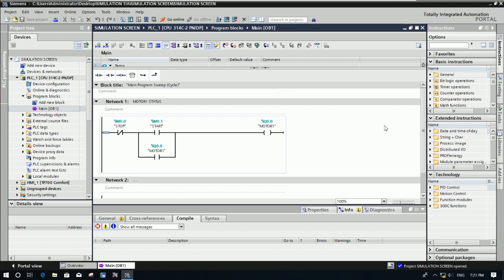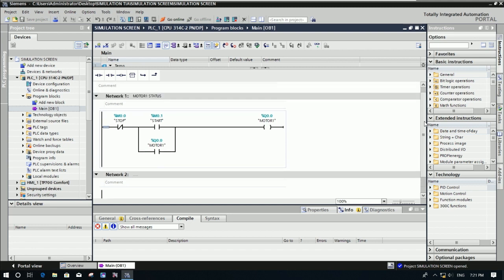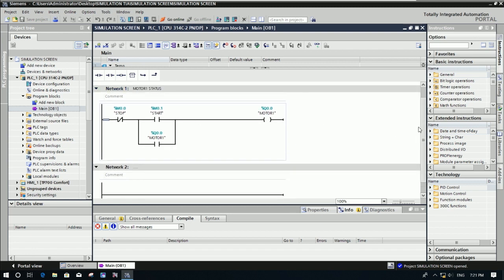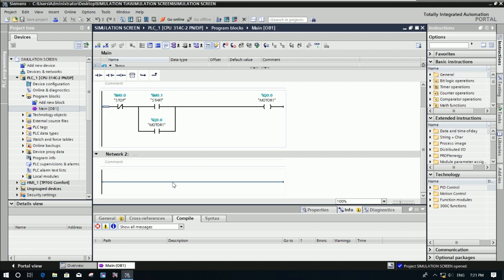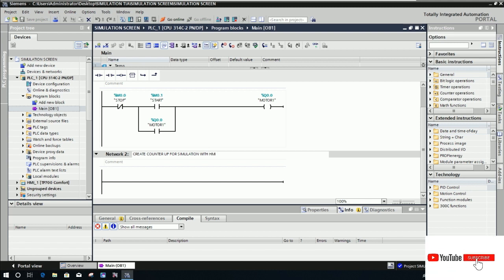It's a little bit slow because my computer RAM is only 8 GB. So here is the previous video. Today we will create a counter. Network to create counter up for simulation with HMI. Okay,